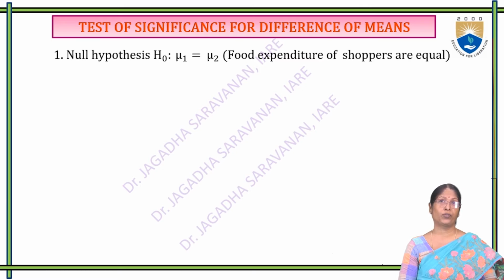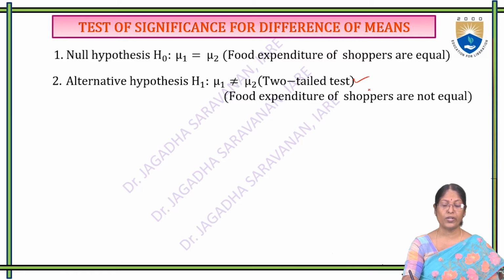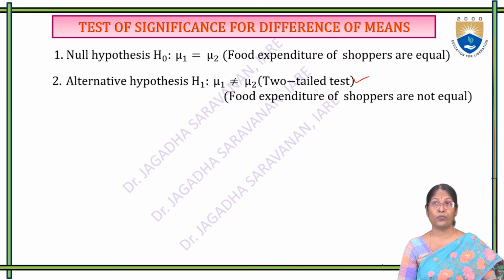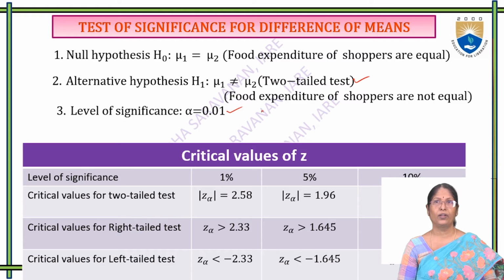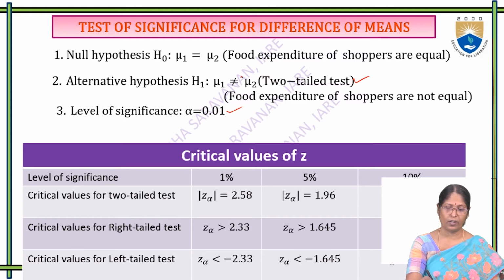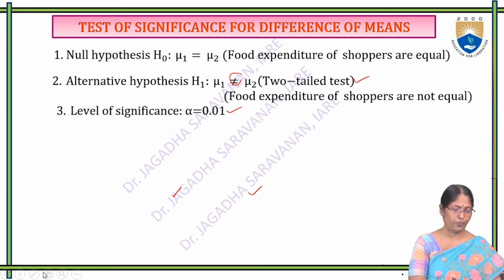So the null hypothesis H0: mu1 equal to mu2, food expenditure of shoppers are equal. The alternative hypothesis is a two-tailed test, food expenditure of shoppers are not equal. The level of significance alpha equal to 0.01, which is given in the problem itself. Here we can see it's a two-tailed test. We selected the two-tailed test, 0.01, this one. So the tabulated value